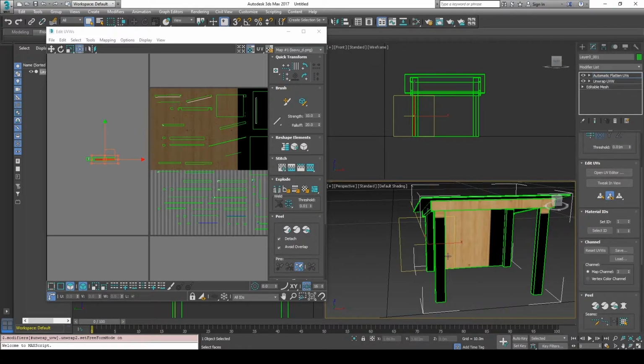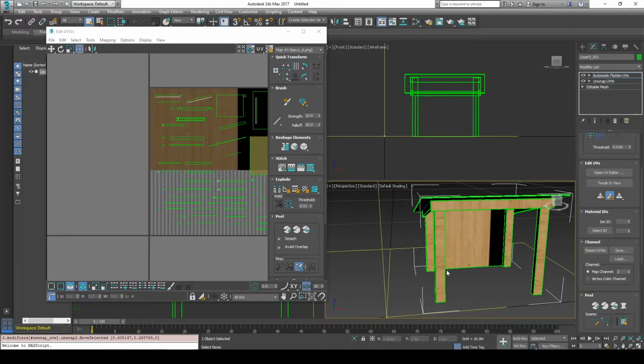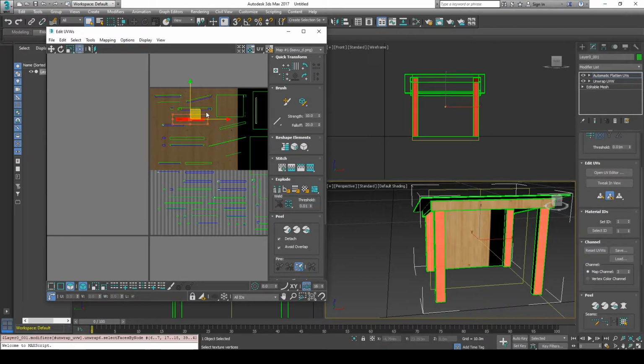So those are all the faces of our vertical or upright 2x4s. And our texture file, if you can see here, is oriented in this direction. The grain is running top to bottom rather than left to right. So if I were to drag this out this way, deselect that, you can see the grain is running the wrong direction here. So what we'll want to do is just select all of those objects,